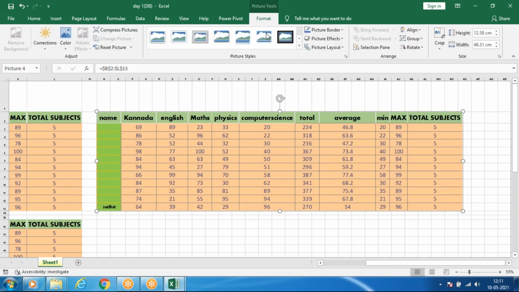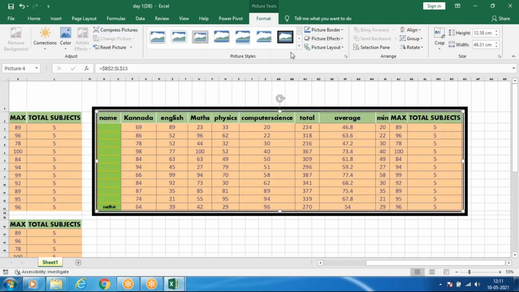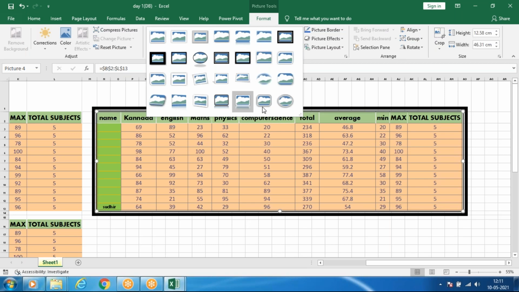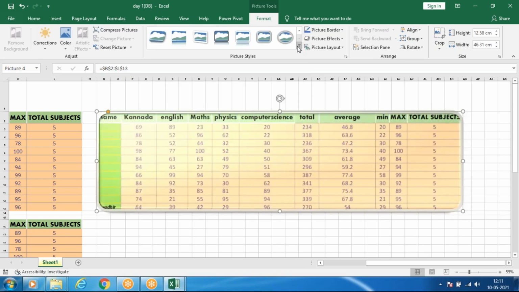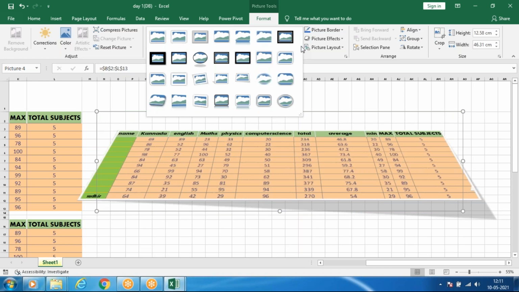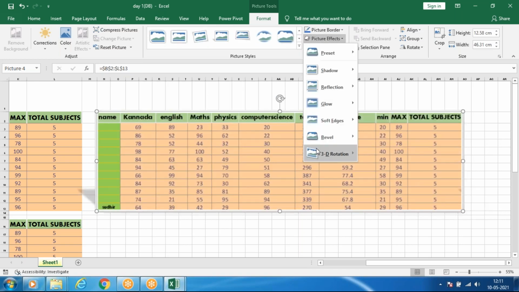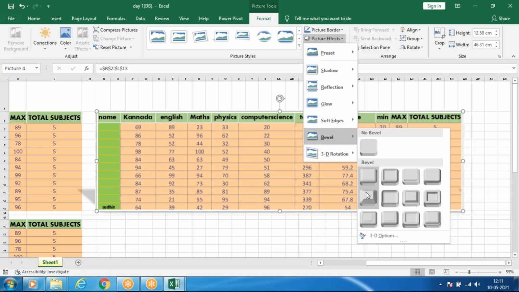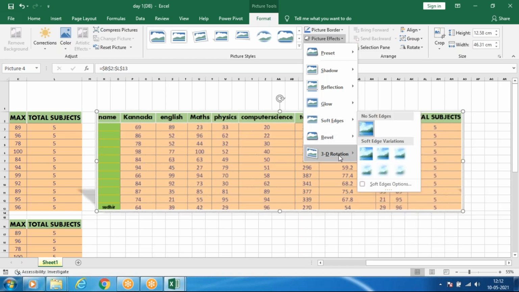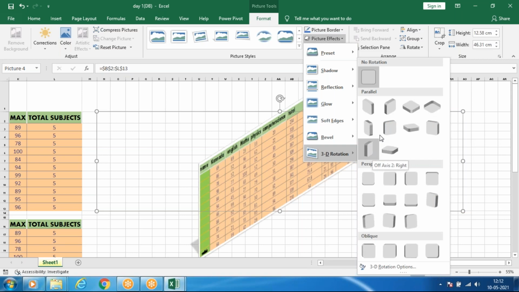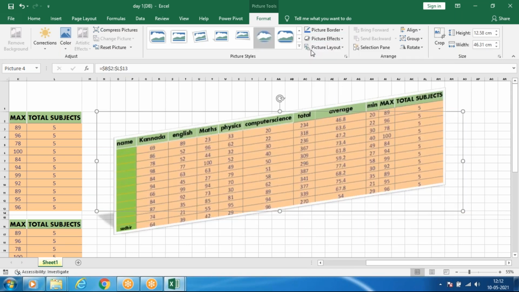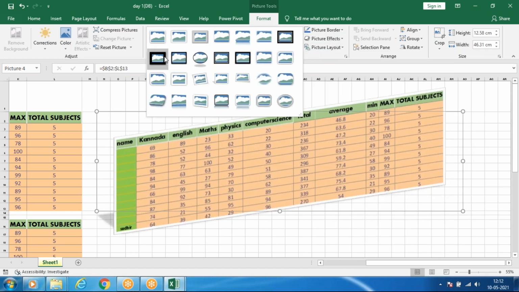Otherwise you can do any designs. When you want more design for the table, you can use this concept, with some 3D, bevel, emboss, 3D rotation, like this. You can give lots of designs which are available here.